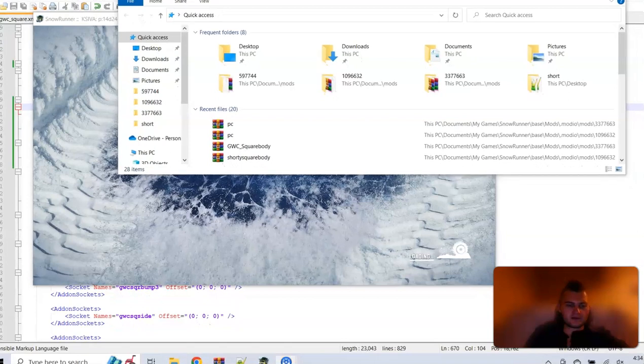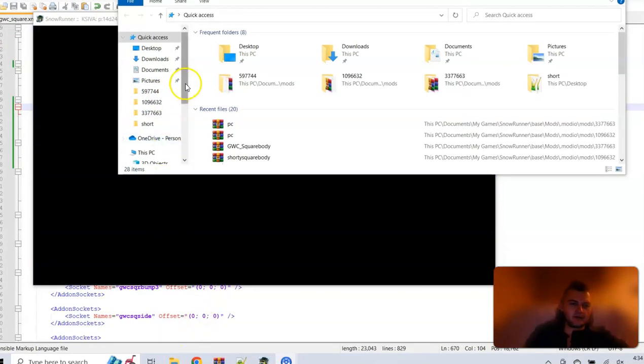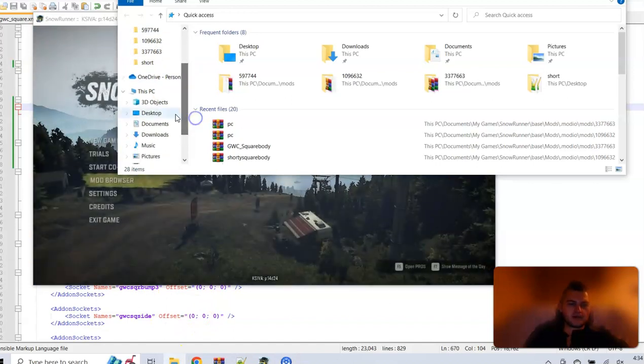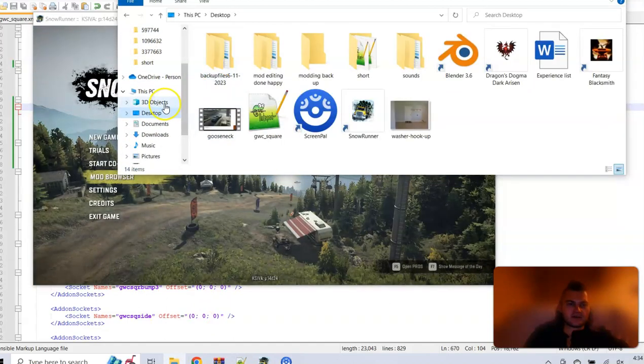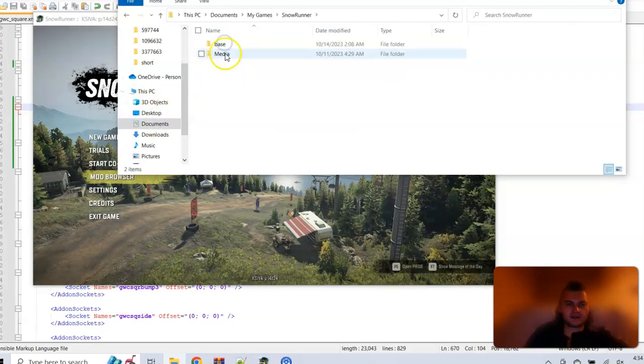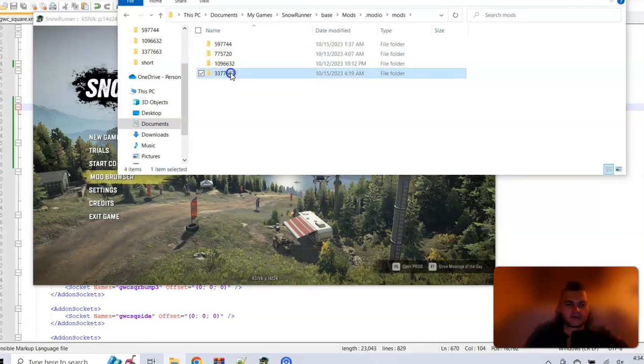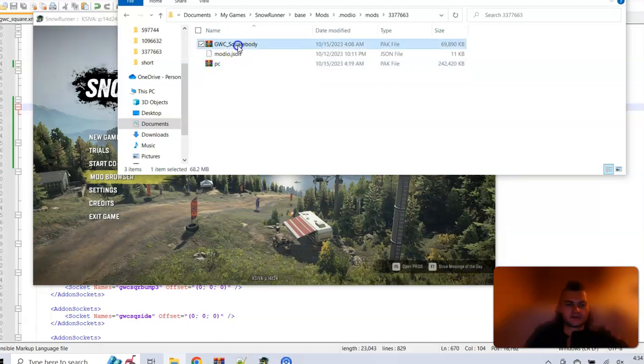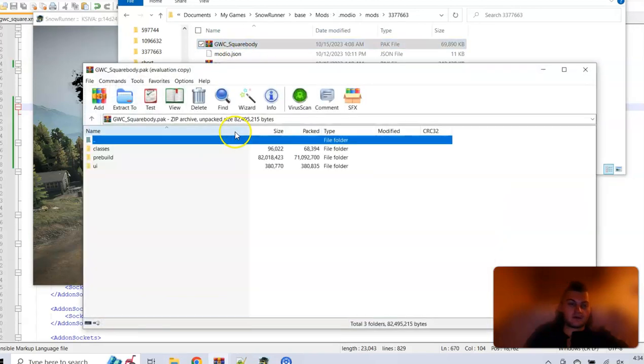So you go down in your file explorer here, and wherever you have the mods installed, which if you got it from Epic, it's probably going to be in Documents, My Games, SnowRunner, Base, Mods. And then the one we're playing with is this one, this GWC. Okay, and it'll be underneath